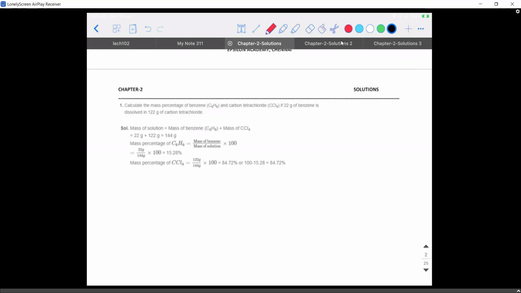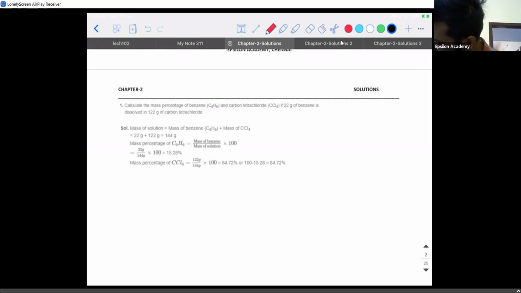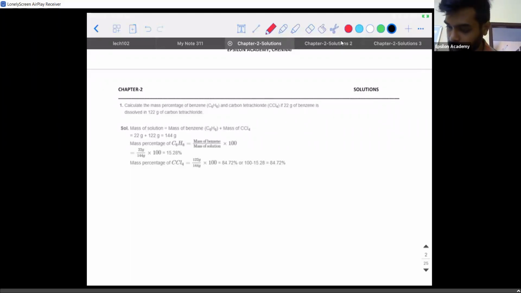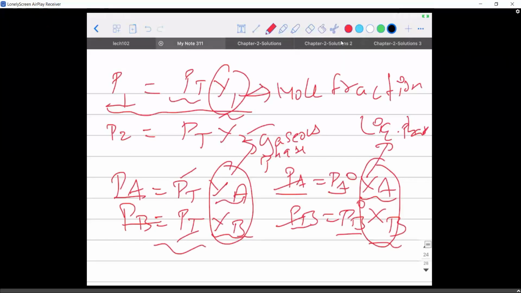Okay? Sir, can you explain the formula for partial pressure, sir? Dalton's theorem. Can you repeat? Can you explain that formula for the partial pressure, sir? Sure. Dalton's law of partial pressures. No, sir, can you just explain that formula alone, sir?